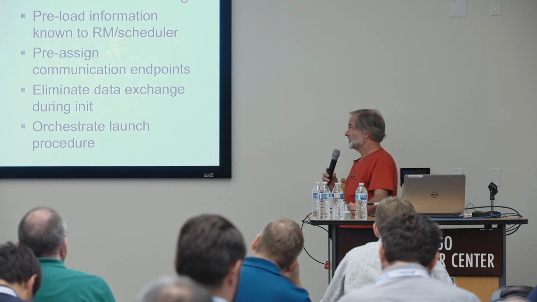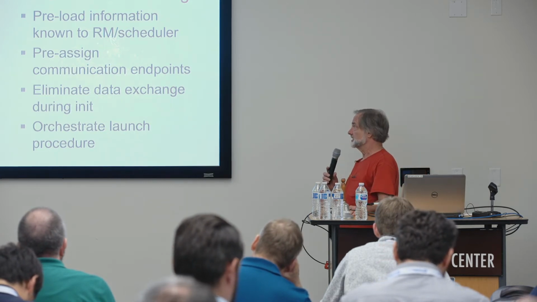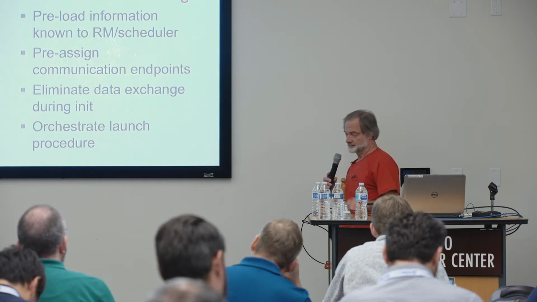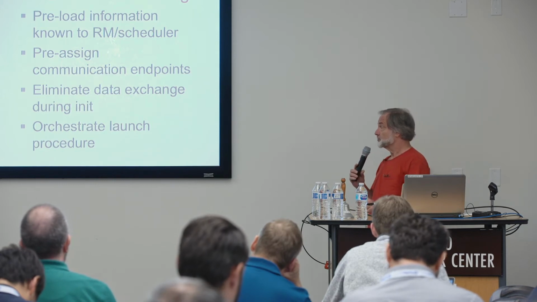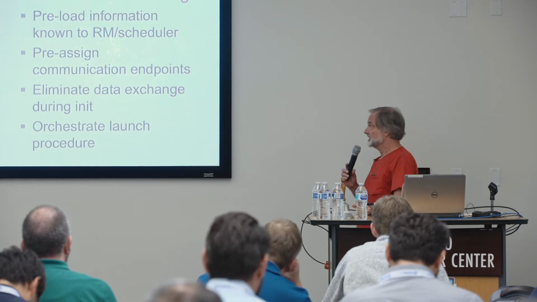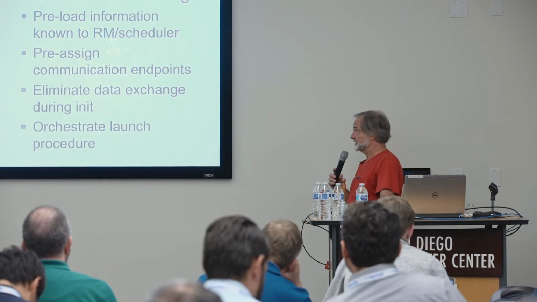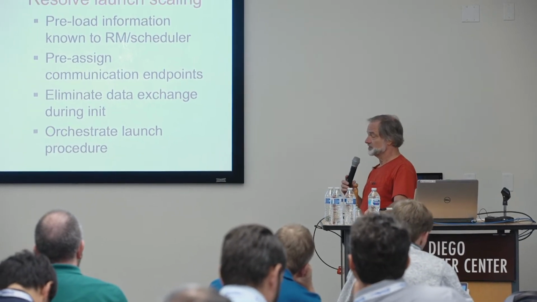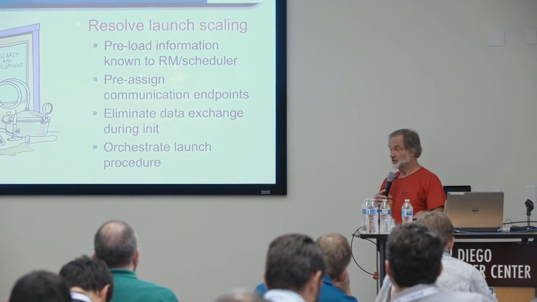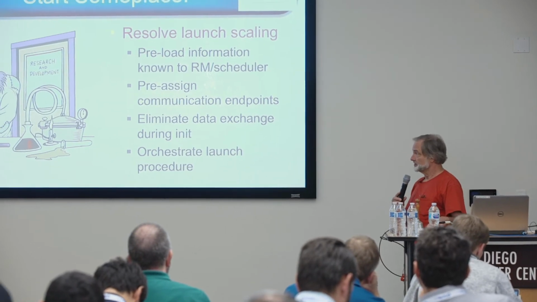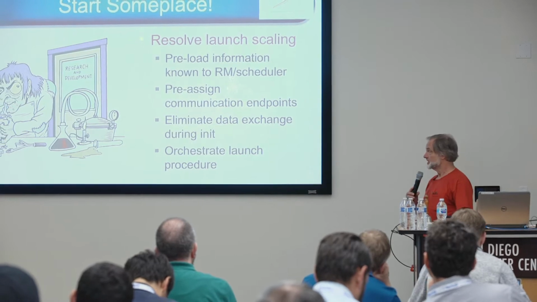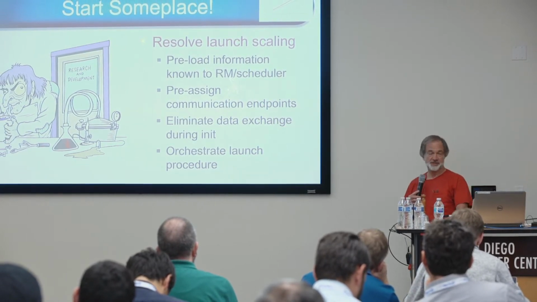And then we said, okay, well, that chops things way down. What else can we do? Well, instead of everybody doing dynamic endpoints, we could pre-assign the endpoints, sort of like with TCP, with a static socket, for example. That got rid of a whole bunch more of the data. And so by the time we were done with all the things we could do, if just the resource manager communicated it down, and we did a little bit of integration into the launch procedure between the different subsystems, you can actually completely eliminate the data exchange altogether.